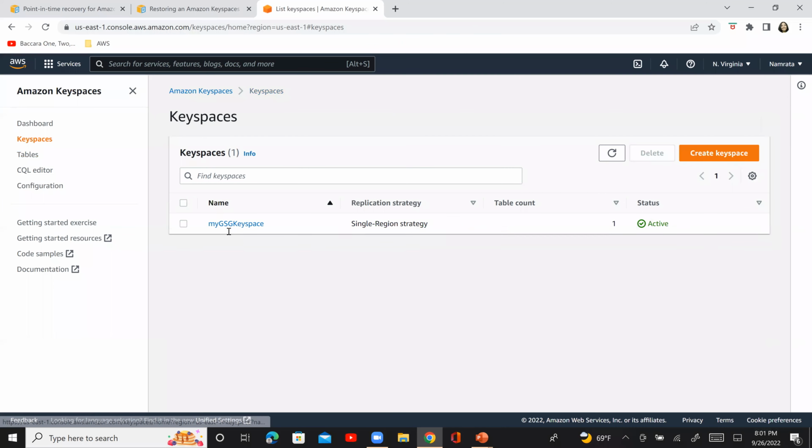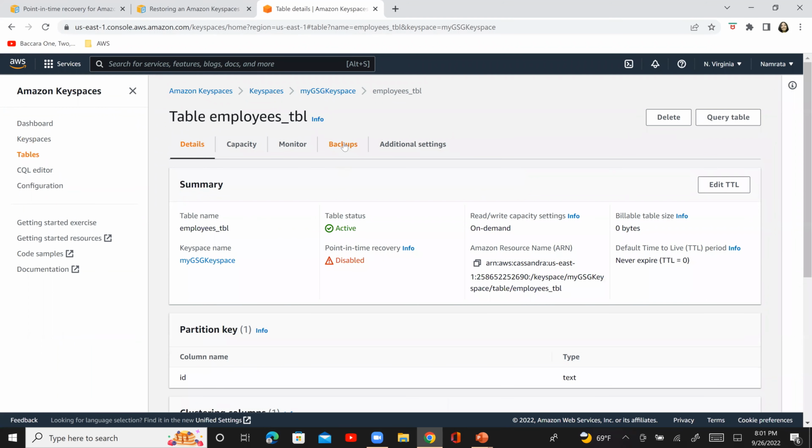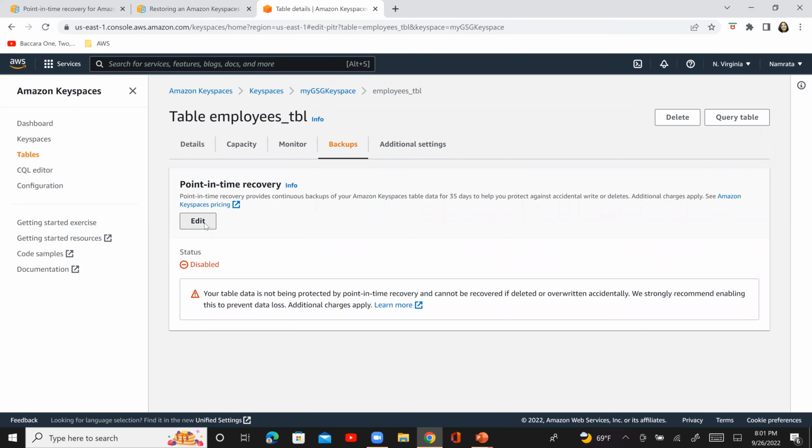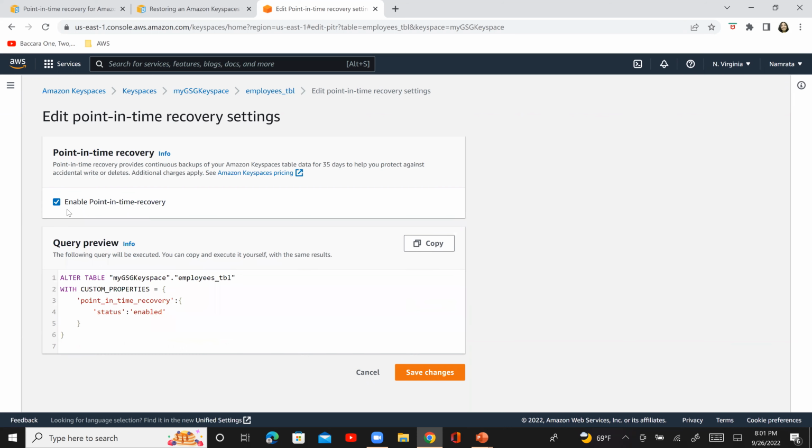So this is our keyspace right here. This is our table as well. So click on this particular table, click on backups, click on edit. And this is that particular checkbox that I was talking about. So check enable point in time recovery and click on save changes. If you see, what it does is it basically alters the table and enables point-in-time recovery for you. That's mentioned right here, right? So let's click on Save Changes,